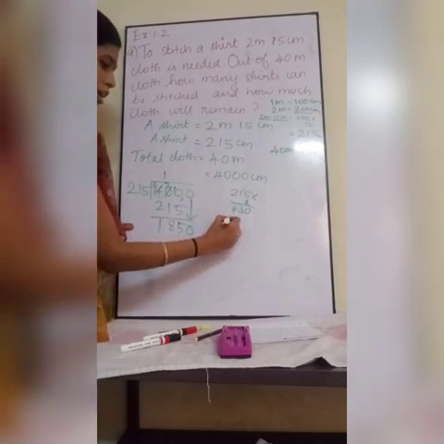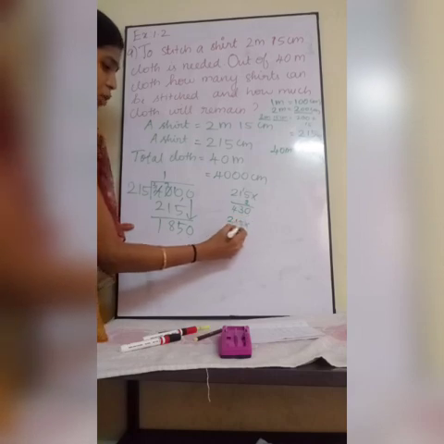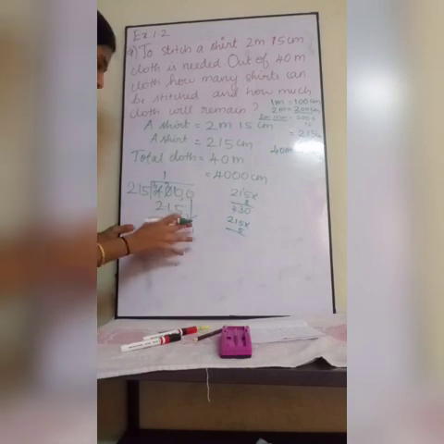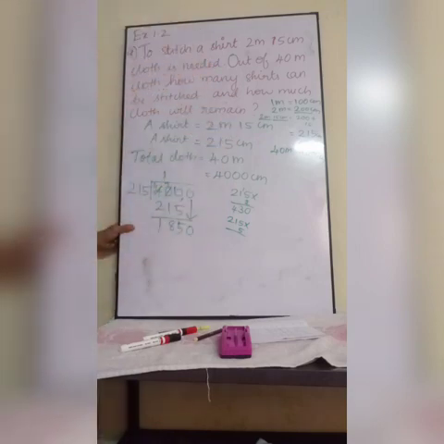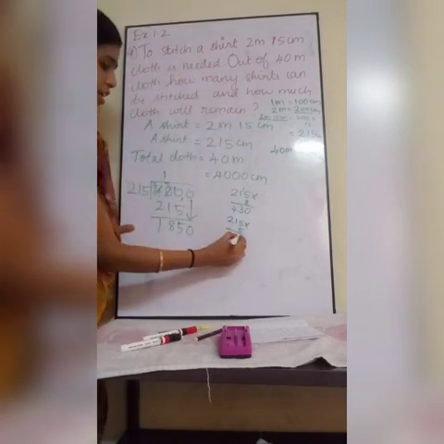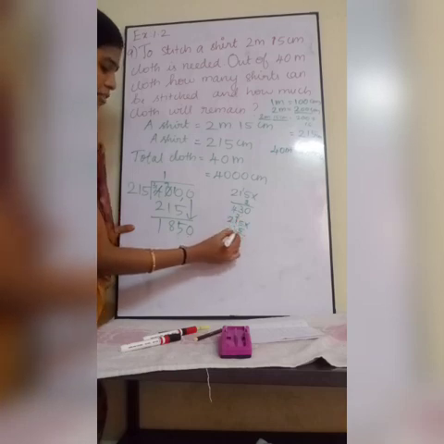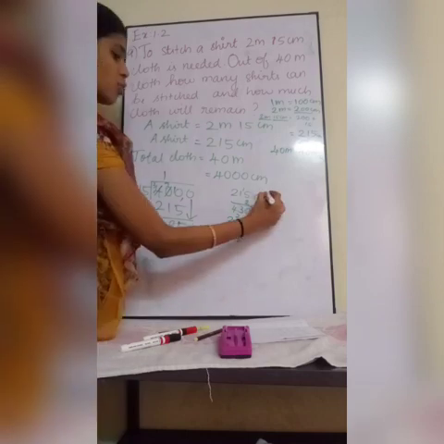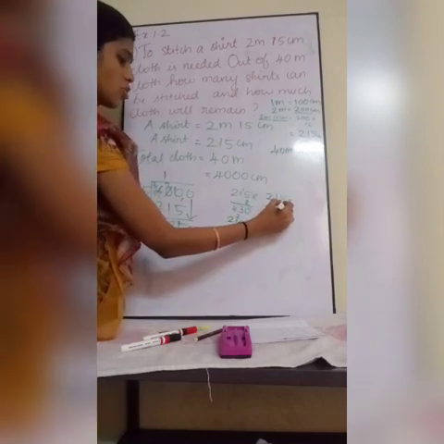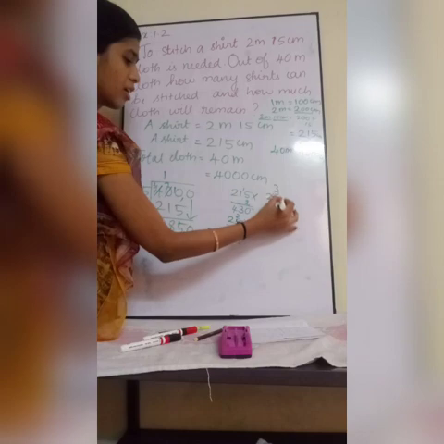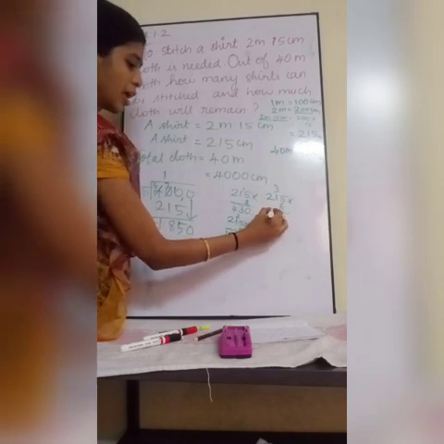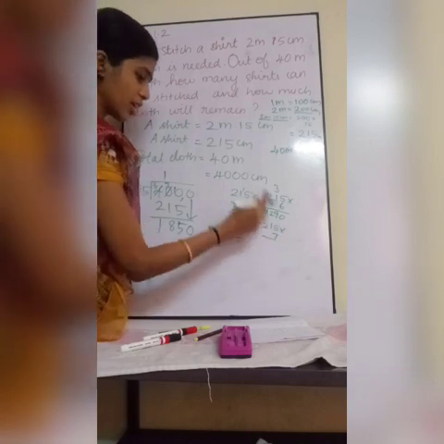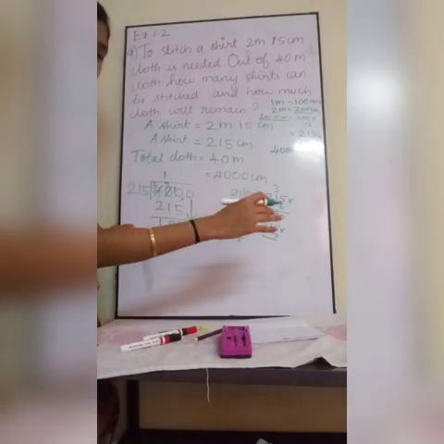Next, 215 into, let us do this into 5 and see, because it is a very big value. So, obviously it will be coming only after 5 or 6. 5 5s are 25, 5 7s are 35, 5 2s are 10, 1075. Next I will do with 6: 6 5s are 30, 6 7s are 42, 6 2s are 12. Then after that I will do with 7. Actually for division you all will do with every table, right? That is what I am doing.